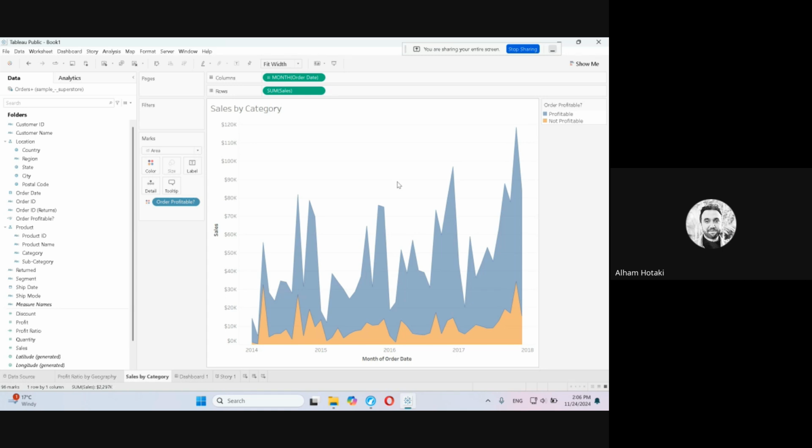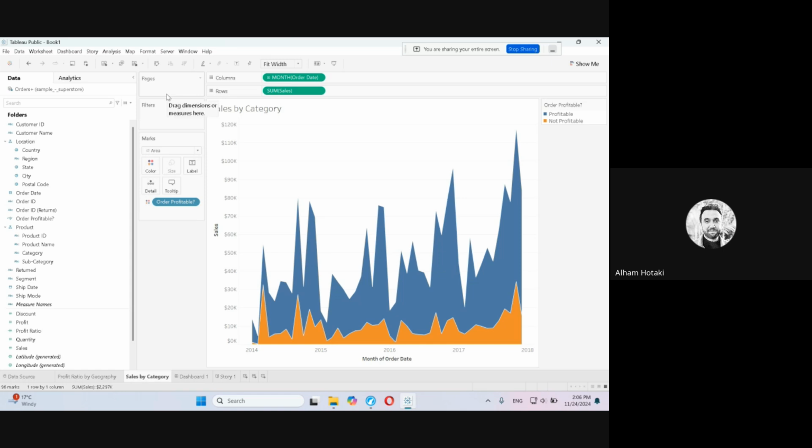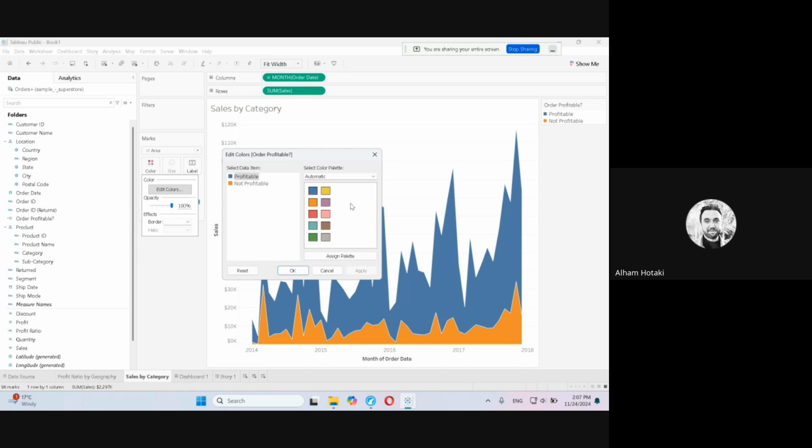And there are different things you can play with, for example, the color, the opacity of the color, and borders. Right now it's one type, but you can have white borders to make it distinguished, or another type of borders. This is how you can change the colors for this specific visual to make it beautiful. For example, here you can edit the colors and make the profit another color,